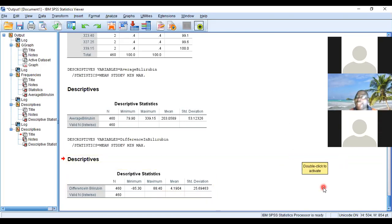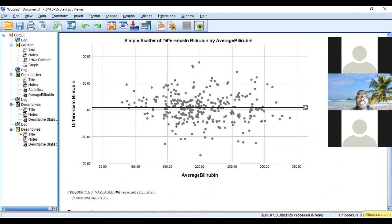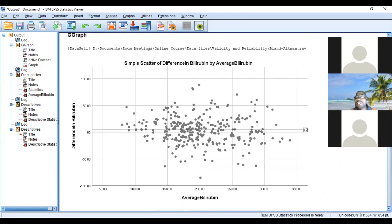So that was in the graph. Let me go back to the graph now. If I scroll to where the graph is, can you see it put the mean at 4.2? No, the mean is 4.19, I just approximate it to 4.2 here. Now we want to